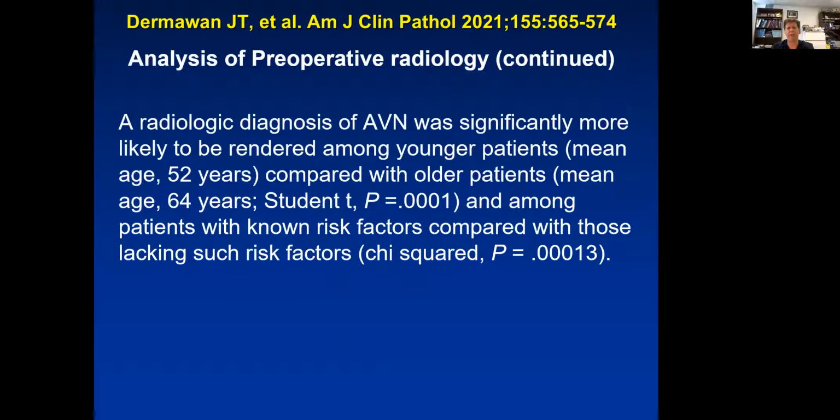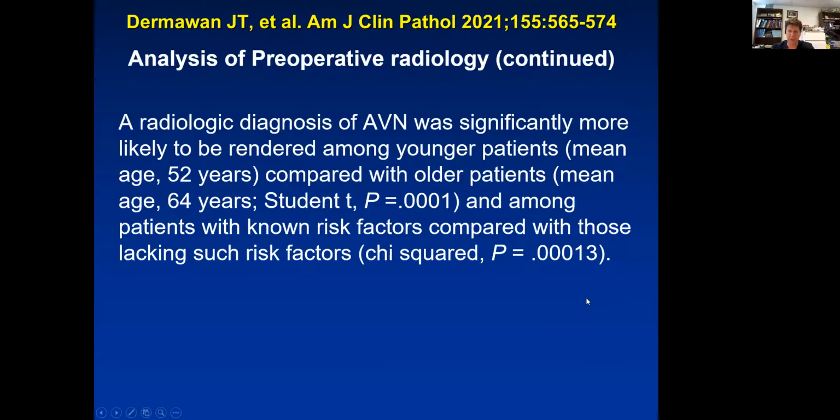Now, what was interesting about our findings was the bias that may have been involved. A radiologic diagnosis of AVN was more likely to be rendered among younger patients, because our younger patients were the ones that tended to have the concordance, compared with older patients. And this was statistically significant. But we also found a statistically significant correlation between patients who had known risk factors versus those who did not. Patients with known risk factors were more likely to be diagnosed correctly radiographically